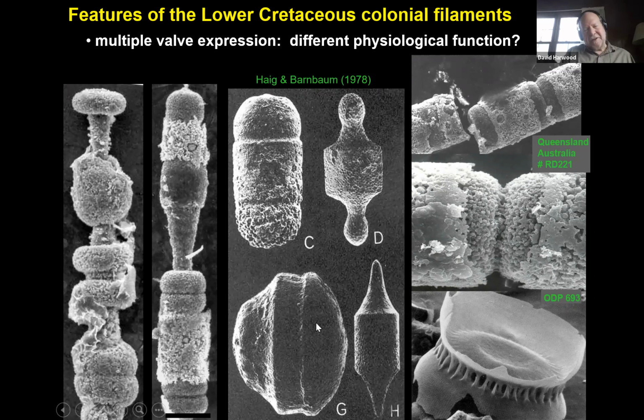But in these colonial filaments, there are also these oddities over here, which look like two valves, with girdle bands or something covering the outside of those. But then there are also these cones or these tapering bits, which kind of look like that. So why on a filament like this would you have two different morphological expressions? Why would you have those things that look like hemispherical domes, which would be valves, and then they go into this mode? And it causes us to think whether there are some seasonal changes perhaps in how the diatoms